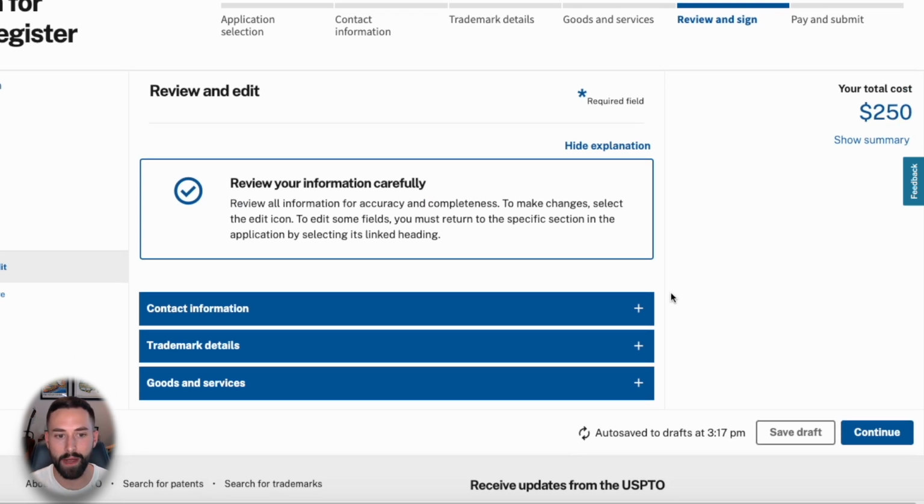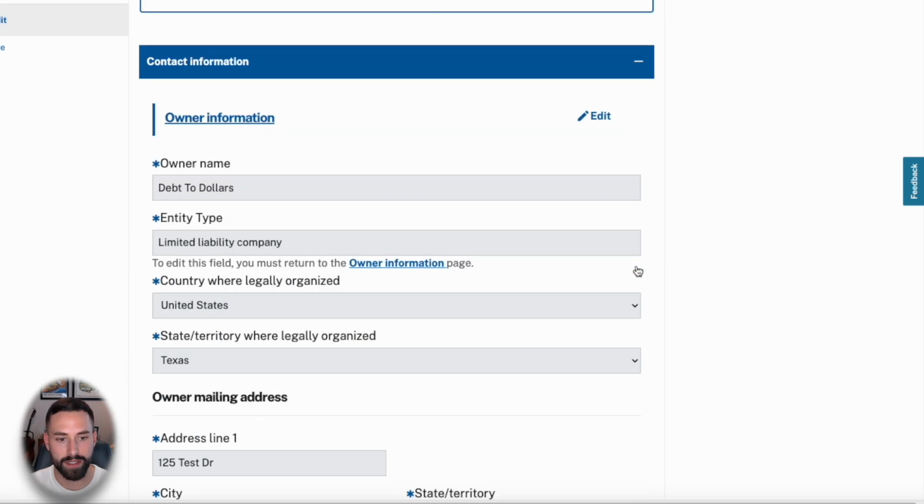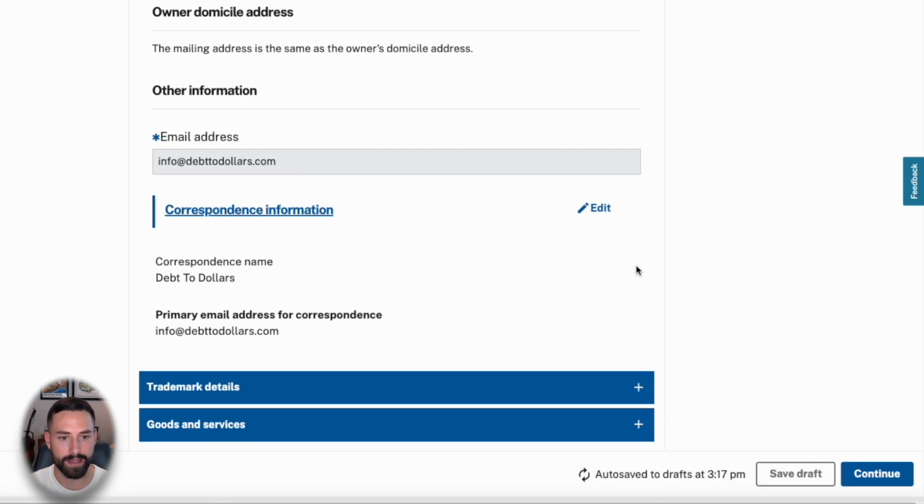Click that again, and we are at one of the final stages, and that is to review our application. Do not just click continue and say, everything I did at this point is correct. It's very easy to make a mistake, especially as you're watching my tutorial, you're jumping back to the application, and so forth. So click contact information, and then look through all of your information, double check it,